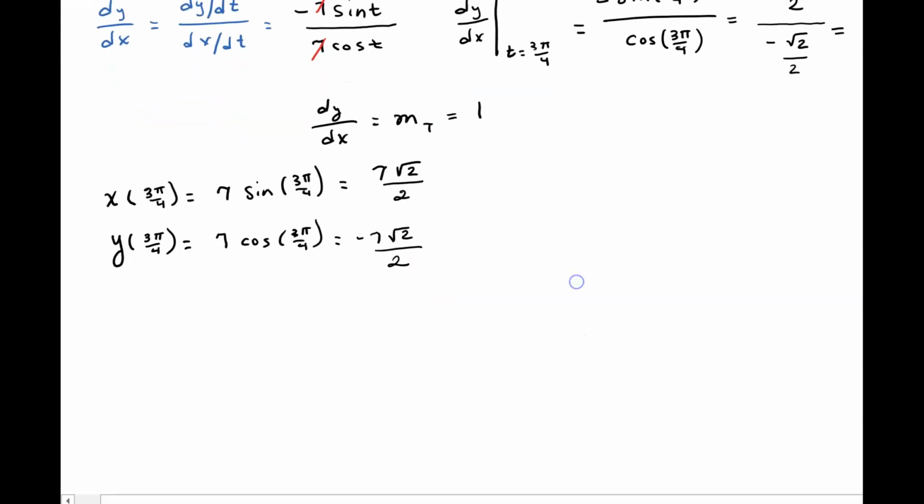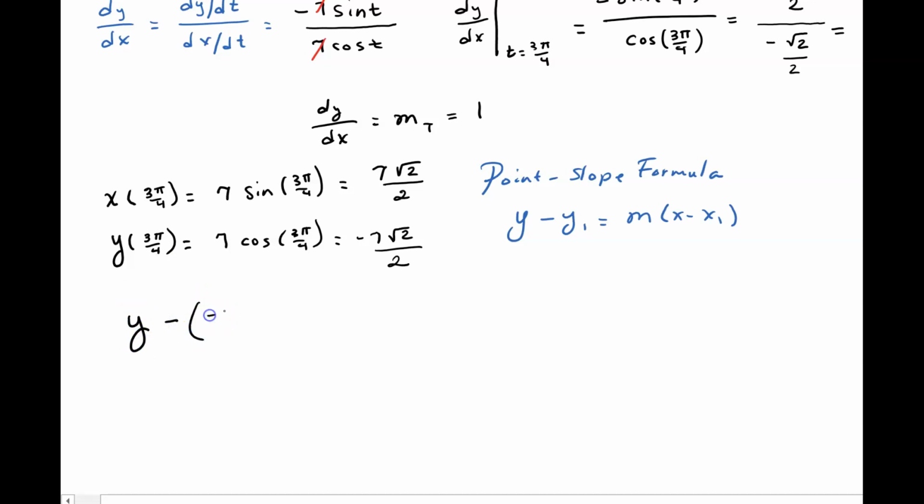All right, so to find the equation of the tangent line, let's recall the point slope formula. I'm sure it's been a while since you've seen this point slope formula, because it's been a while since we've talked about equations of tangent lines. So it's y minus y1 equals m times x minus x1. All right, and so let's take a look here. We're going to have y minus, and y1 in this case is going to be this negative 7 square root of 2 over 2. Set it equal to m, which is just 1, times x minus the 7 square root